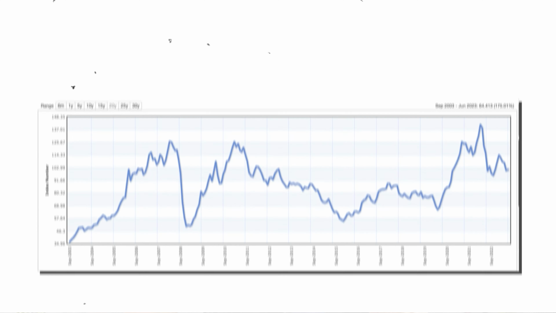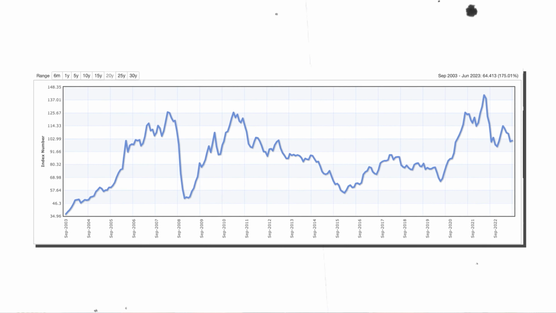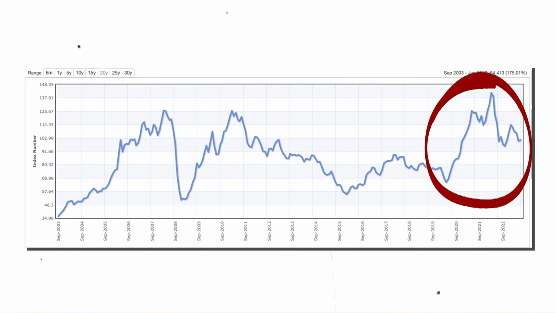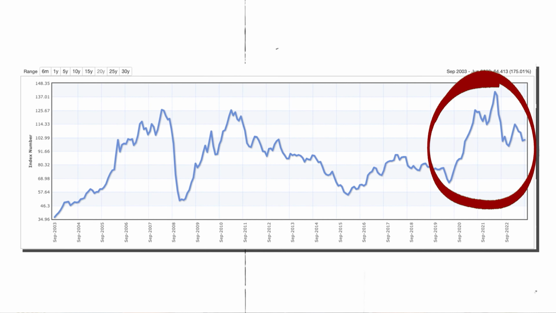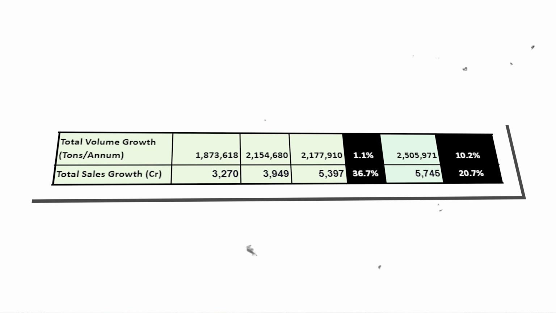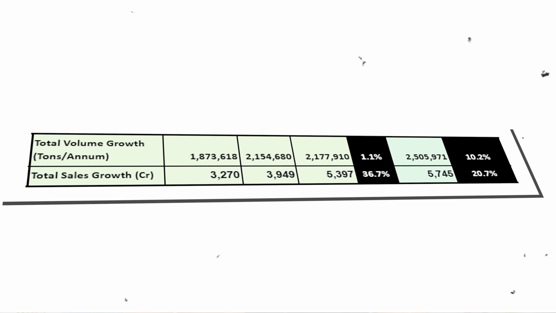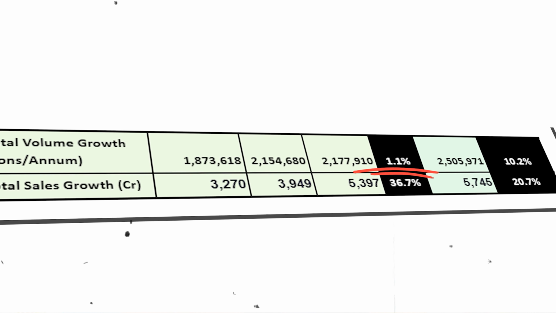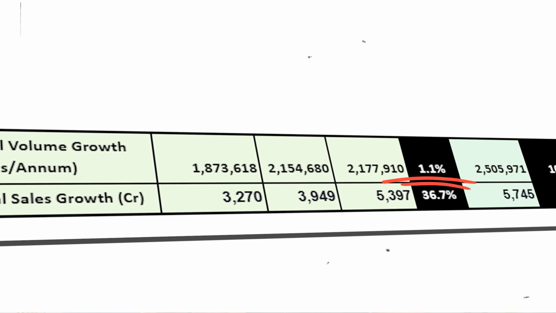The second thing we want to evaluate for GPIL particularly is how the sales, right? Because the sales have done tremendously well from 2020 to 2022, right? And we want to use the knowledge we've just learned about sales, volume and value being what determine the sales. We want to understand, okay, what is driving this huge jump in sales? And if you look at the numbers, the total volume growth has not been so great, right? So from 1.8 million tons to 2.1 million, it is barely a 1.1% CAGR, barely any growth as far as the volume is concerned during